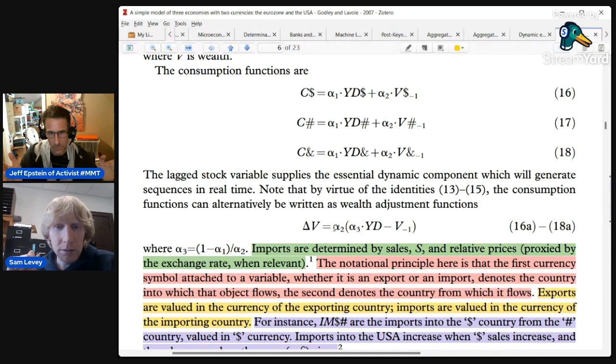You consume exactly your disposable income, which by definition seems to mean that your propensity to consume in this particular case is 1. No, not necessarily, because there are two of them, right? There's alpha 1 and there's alpha 2. We're saying that consumption has to equal your disposable income, but alpha 1 doesn't need to be 1 here, because alpha 1 can be less than 1, and whatever the gap here is between consumption and your disposable income will get made up for by this term.